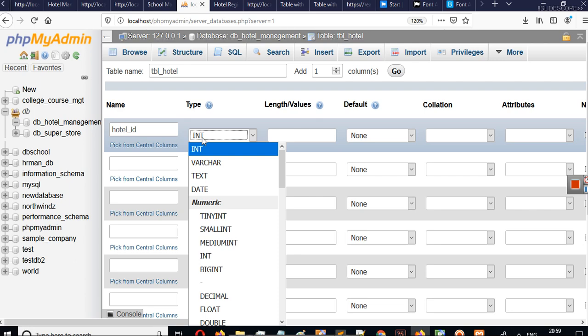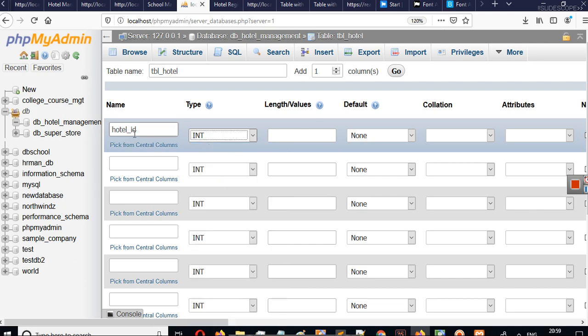We have studied data types in PHP. We have string data, integer data, float data, dates, and data that has long text. So integer, varchar, text, and date are some common data types in MySQL.